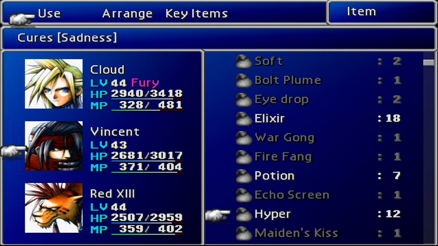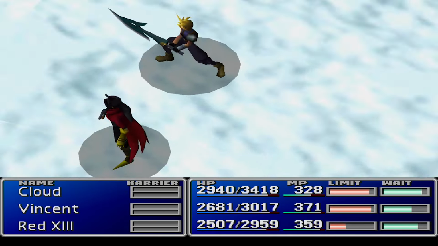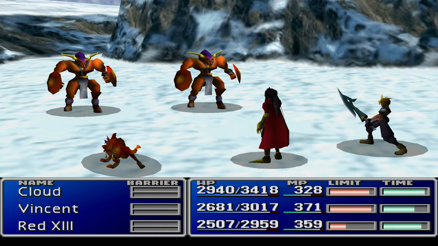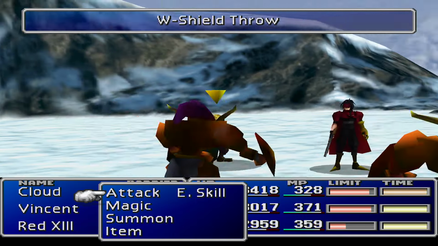Without Fury, every character in the game would die before getting their 3rd or 4th level limit breaks if they don't heal at some point. Cloud and Tifa can't even get their 2nd level limit breaks without healing. And Red 13 and Yuffie would have to lose 99.6% of their HP to get their 2nd level limit break